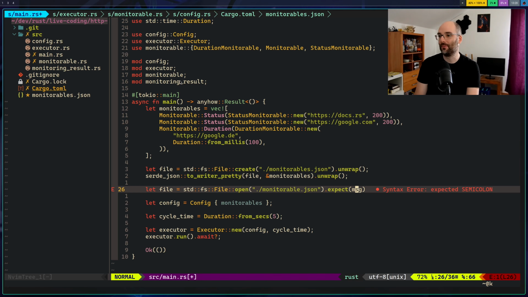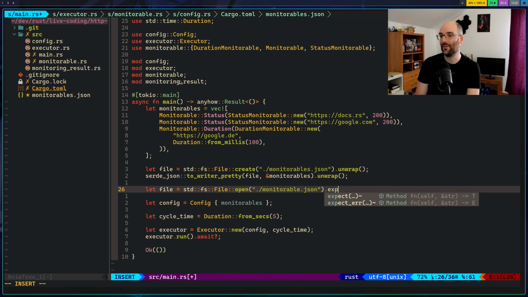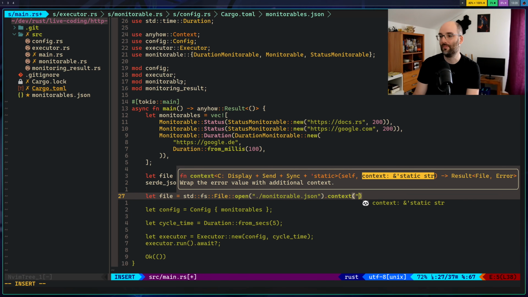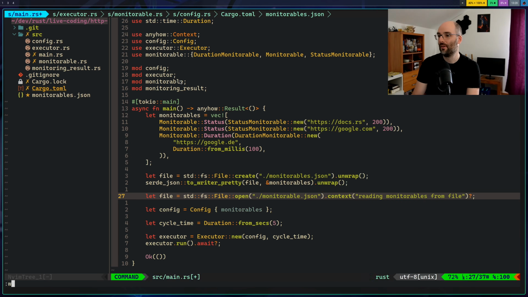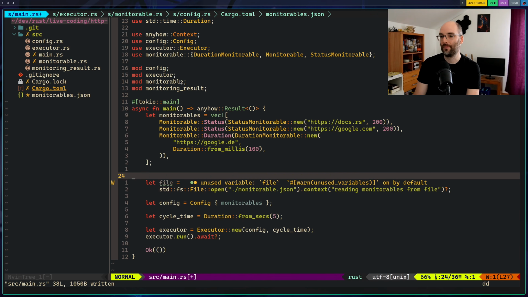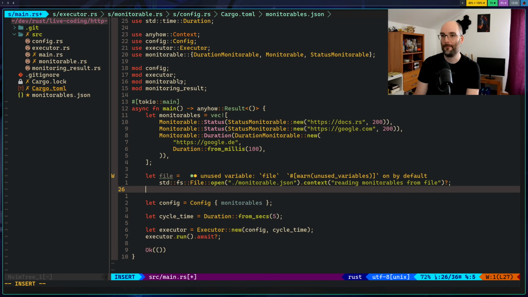Probably not, but we're having a main function that returns an anyhow result anyways, so we could instead just do context, reading monitorables from file, and do it like this. It's probably a bit nicer.